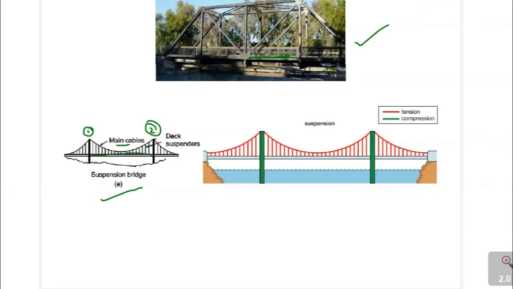As you can see, this is the deck, and these are the deck suspenders which hold this deck. Finally, the weight of this deck is going to be taken by these supports through these cables, and these cables are going to be in tension.